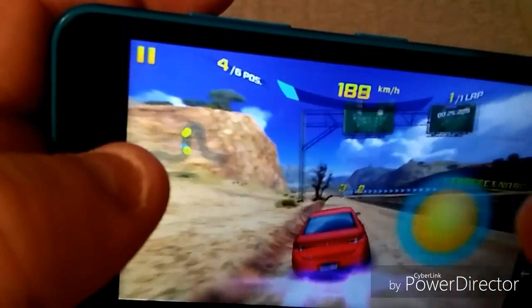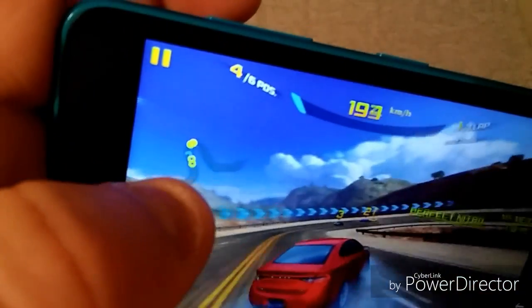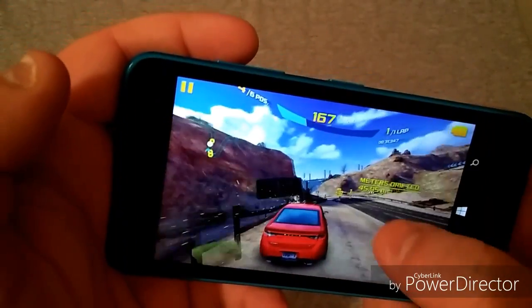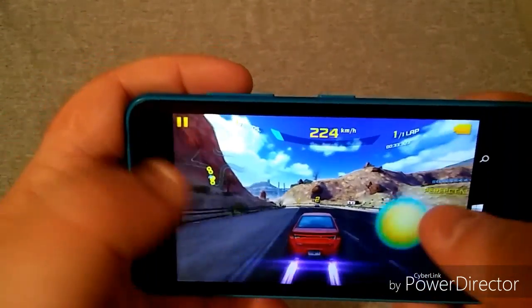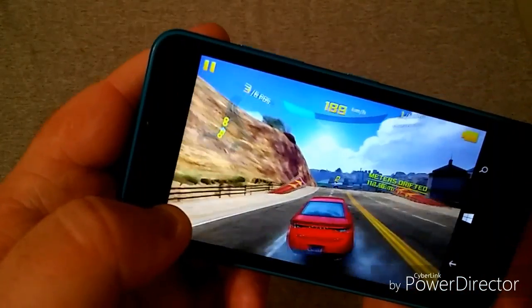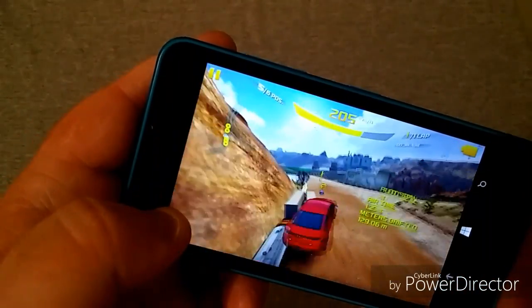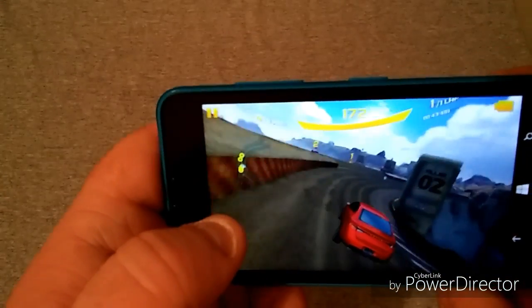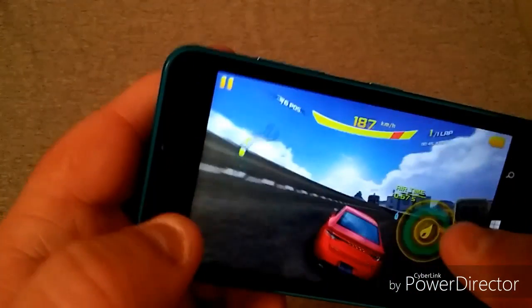Looking through a screen, so if my driving sucks, I apologize, but kind of get away from the screen a little bit. As you see, it looks really good. Really no drop frames on this game here whatsoever. It seems to play very well